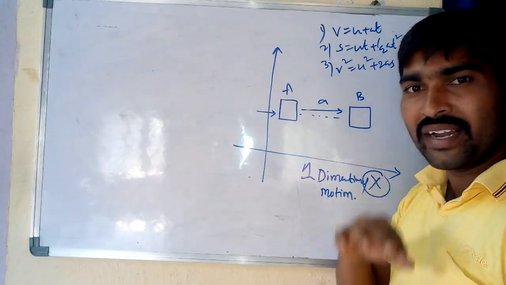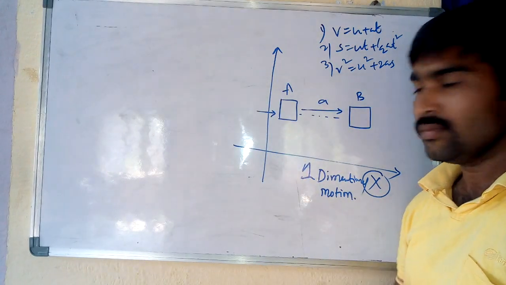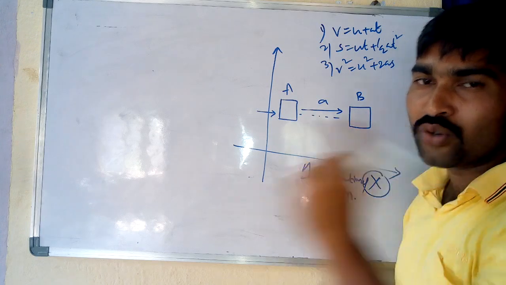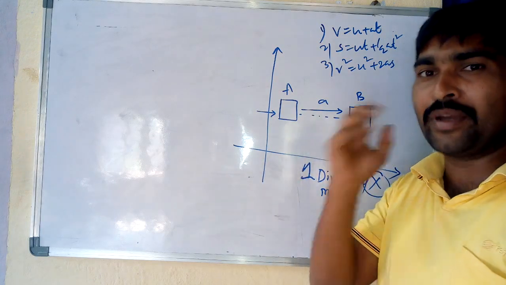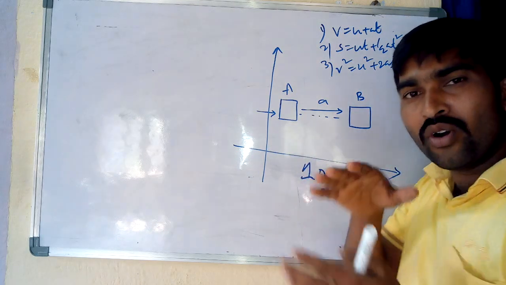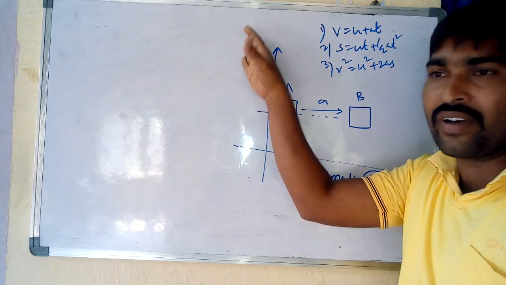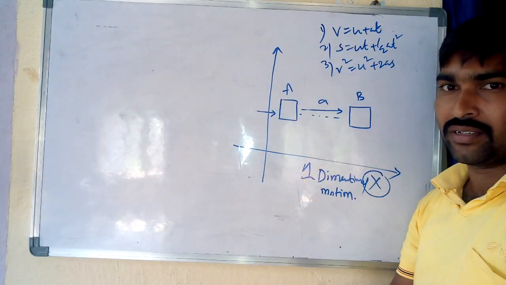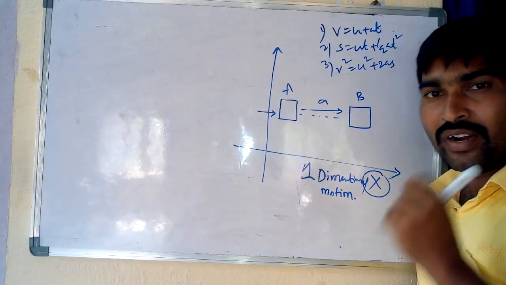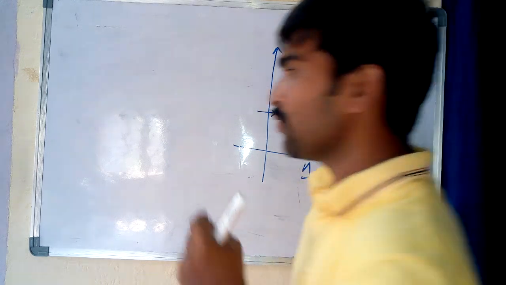Now today's topic is related to two dimensional motion. That was only one dimensional, but today's topic is based on two dimensional. So what is two dimensional motion? The one dimensional case is only in a linear way, in a specific path along the x direction. We are not considering y there. So what is the difference between one dimensional motion and two dimensional motion?